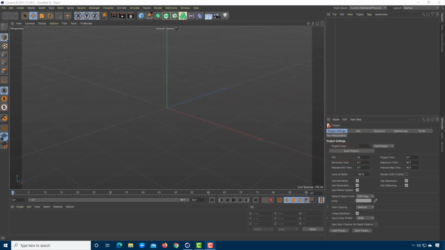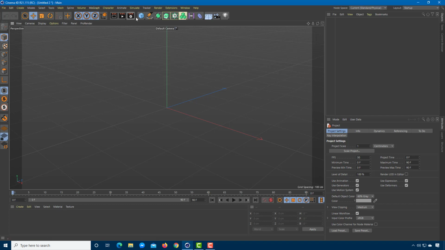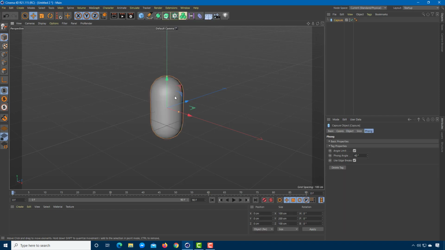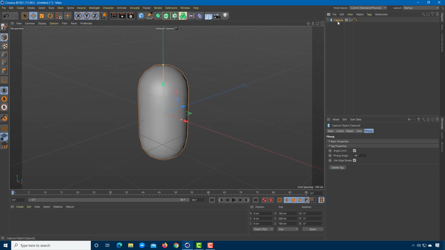So now let's see how to do a pose morph inside of Cinema 4D. In order to do a pose morph, I'm going to bring in a base object right here first. The base object that I'm going to choose is a capsule. First of all, in order to see the level of detail, I'm going to press NB so that I can see the shades, and I'm going to set my capsule details right over here.